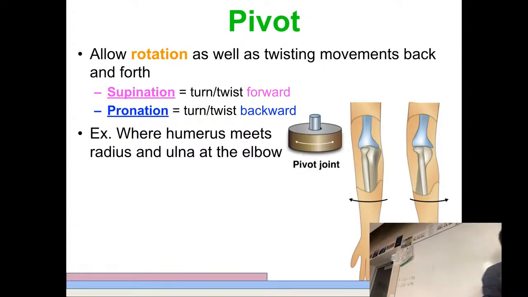Pivot joint allows you to do another motion called, and again, it makes sense. I know the Gimkit, you were asking about this the other day. Why does the Gimkit say turn forward? Okay, it's because in anatomical position, when you do this, you turn your palms forward to be in anatomical